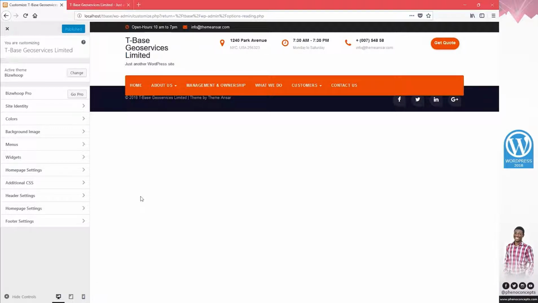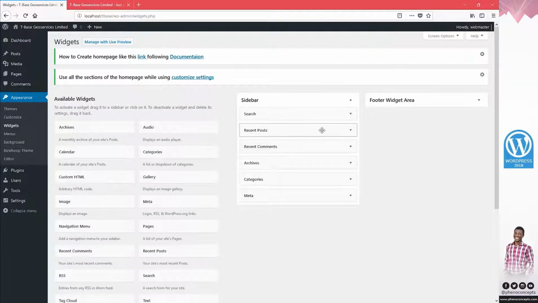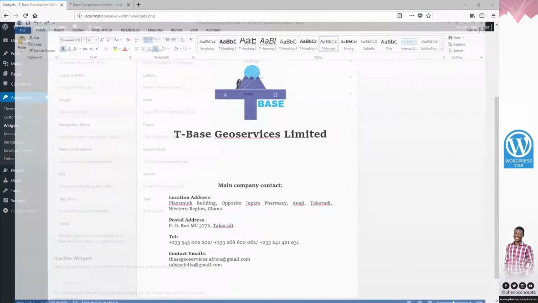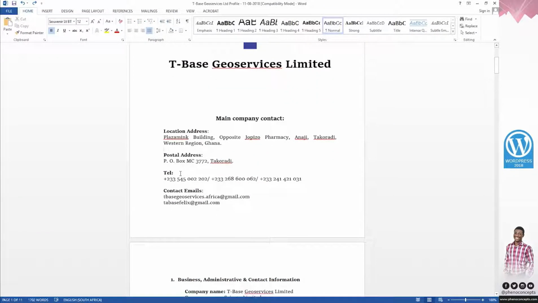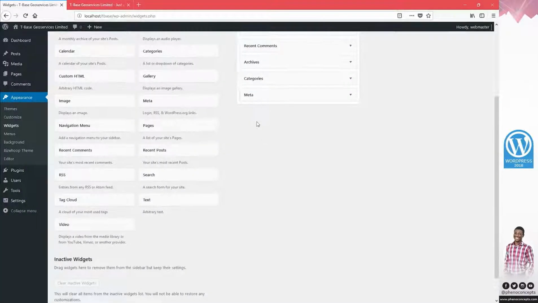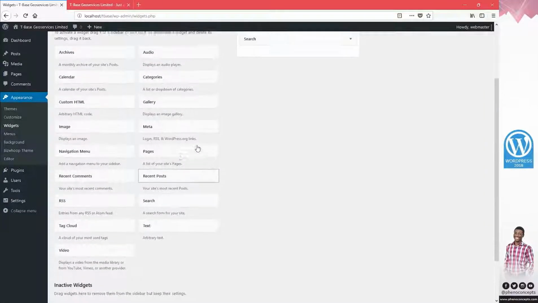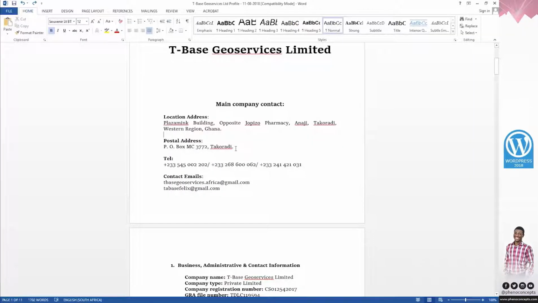So you know what, before we start customizing, I'd like to add in a few widgets so that viewing it becomes much more pleasing to the eye. I said we'll be putting this over there, so let's just do that. I'll leave search, I'll take away these. So I'll just grab a text, place it in there, and I'll call this, let's start with